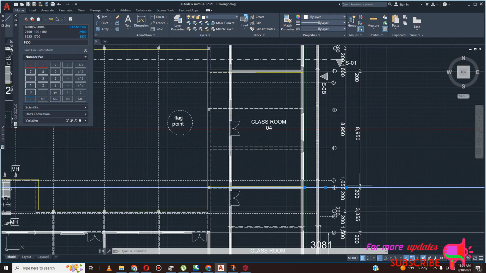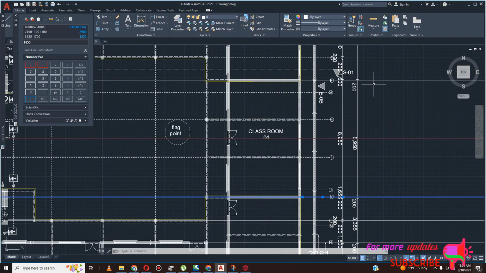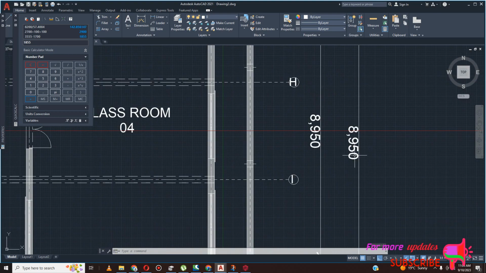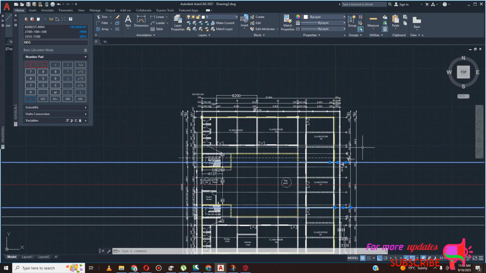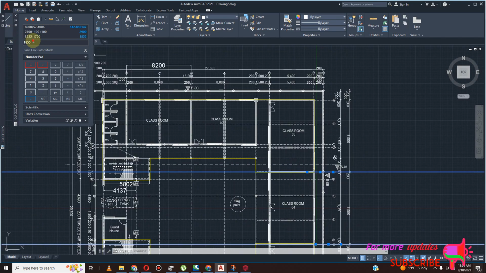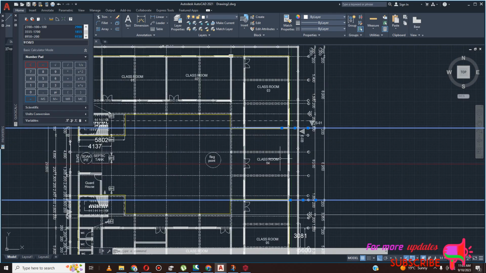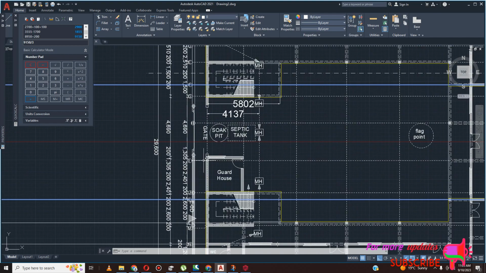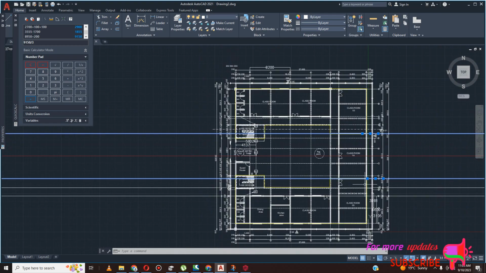The other may be offset. So from this point to this point should be 8950. 8950 plus 100 plus 100, which would be 8950 plus 200, which equals 9150. So 9150 divided by 3. Okay, so I need to do 9150 divided by 3, or maybe we can use